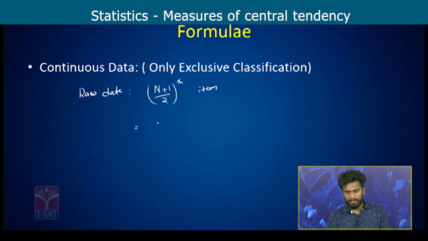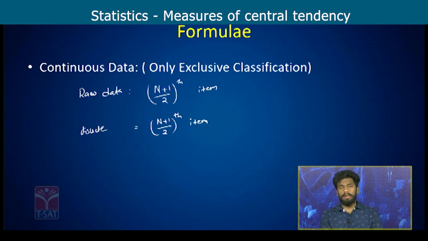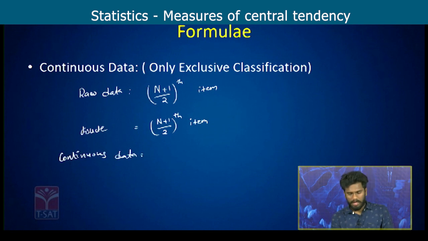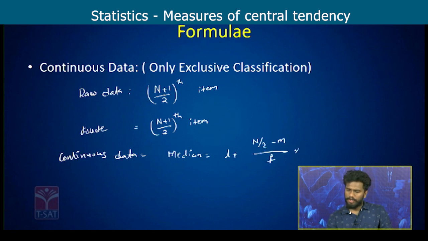discussed. Next, continuous discrete data, same n plus 1 by 2th item. సో క్యూములేటివ్ ఫ్రీక్వెన్సీ ఫైండ్ అవుట్ చేసి దాంట్లో n plus 1 by 2th item ఫైండ్ అవుట్ చేసి, దాని కరస్పాండింగ్ మీడియన్ క్లాస్ నుంచి మీడియన్ ఫైండ్ అవుట్ చేయాలి. Next, for continuous data, median is equal to L plus n by 2 minus m by f into c, which I